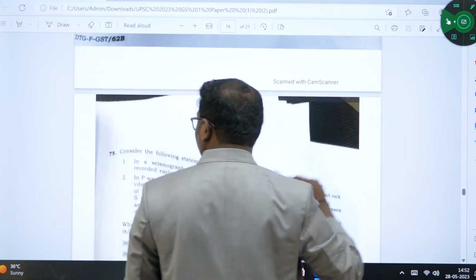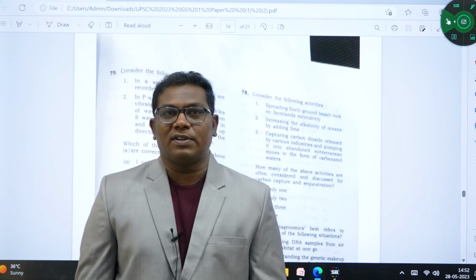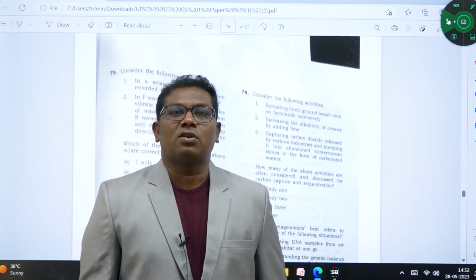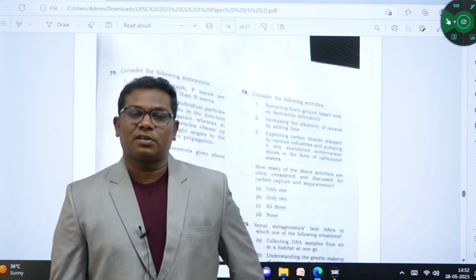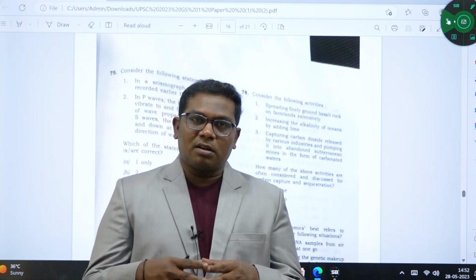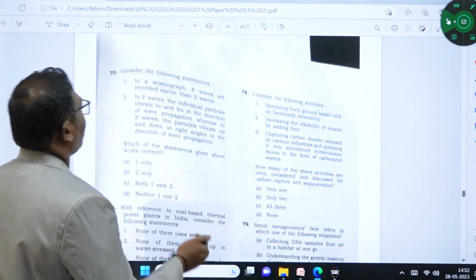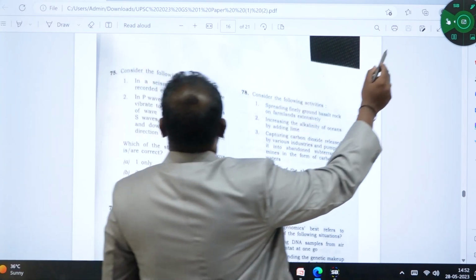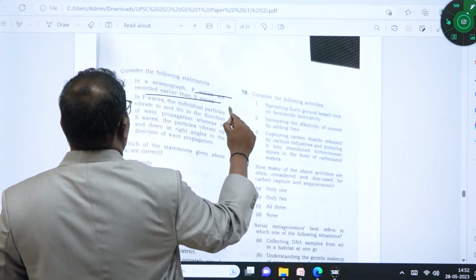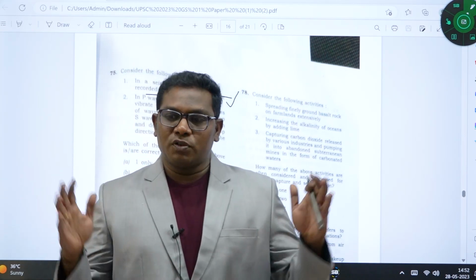And then the 75th question. A very important question that was mentioned in the NCERT class 11th textbook, the chapter on earthquakes. P waves, S waves, L waves are the waves that are generated during an earthquake. P waves are also called primary waves. These are the fastest waves. As these are the fastest waves, they are recorded in seismographs earlier than the S waves. That's why in a seismograph, P waves are recorded earlier than S waves. That is true.